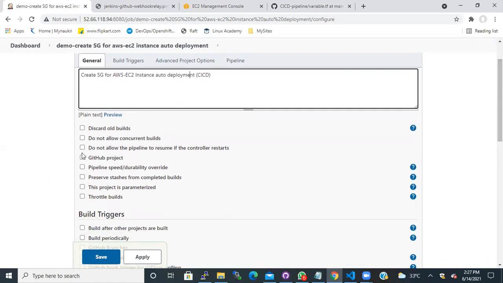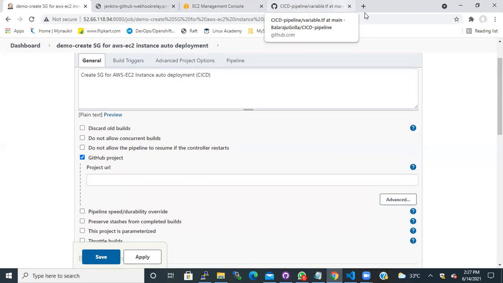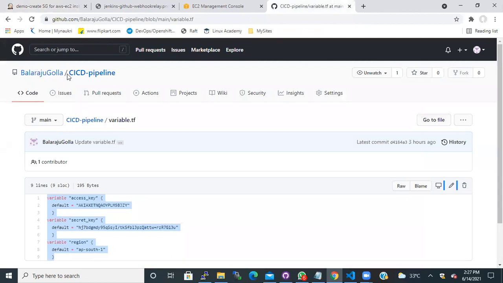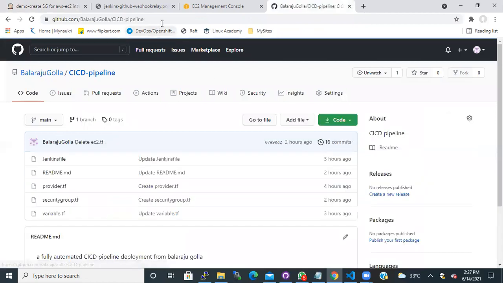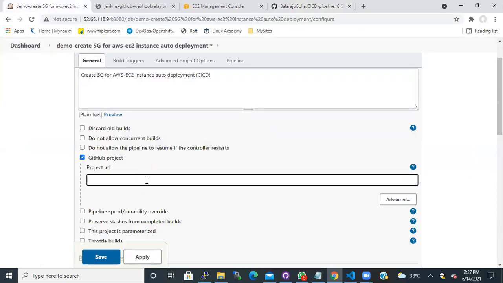Then, I'm doing it from the GitHub project that I have mentioned, right? So I need to give my code URL. This is my code URL in GitHub. I will just copy this and paste it here.